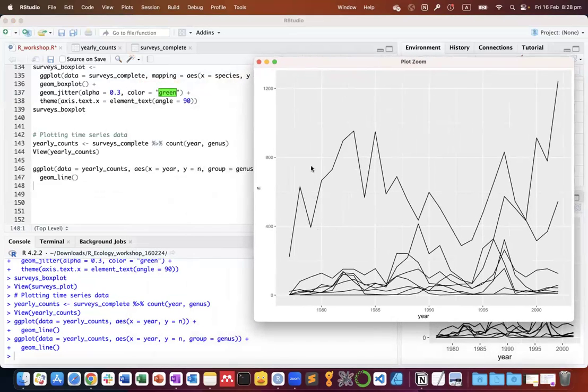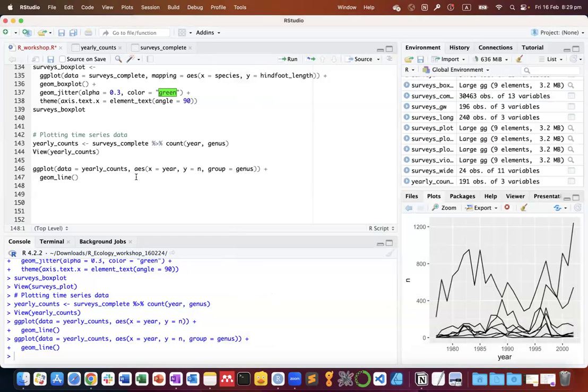Okay, so what you have is different trend lines, each representing a different genus. The thing is, you might have noticed that you can't really tell which line is representing which genus. They all have the same color. There is no label to tell you which of these represent which genus. So to differentiate the trend lines,